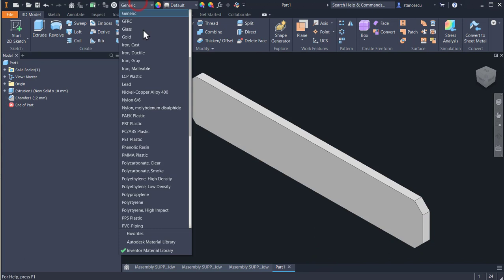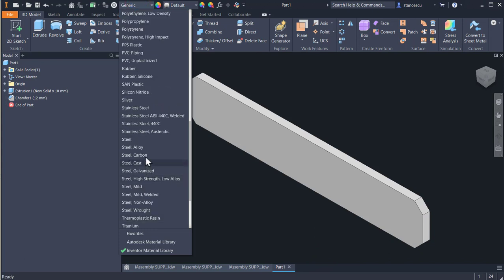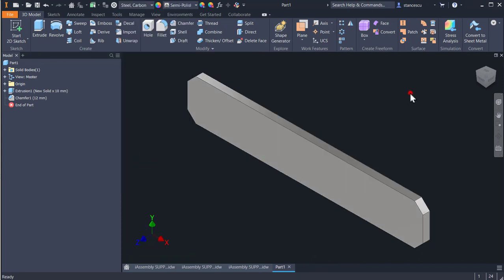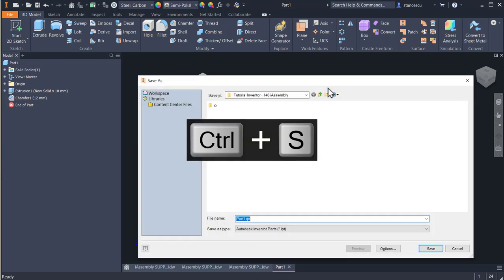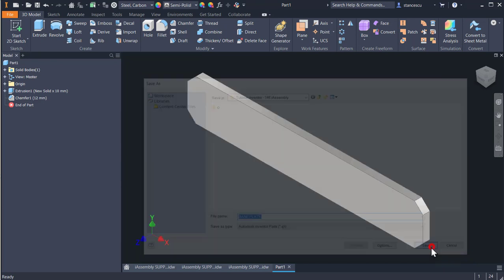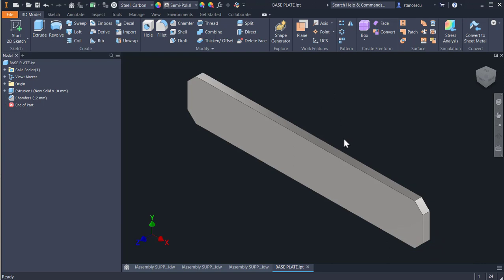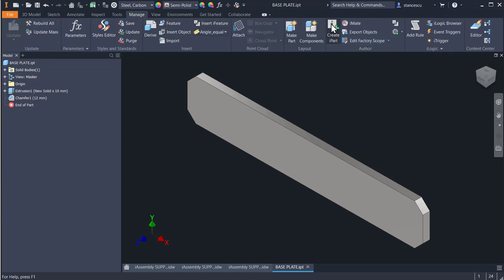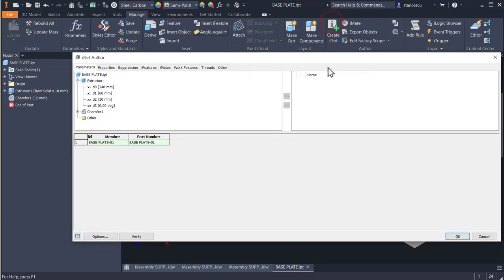Okay, carbon steel, and save as base plate. Save. Now we convert it to an iPart. As we know,